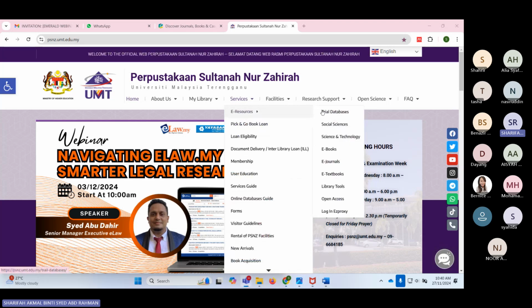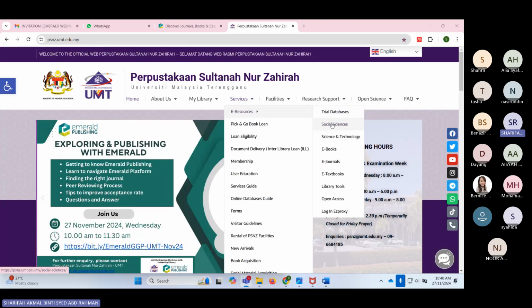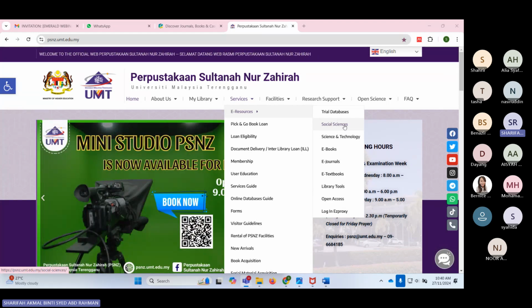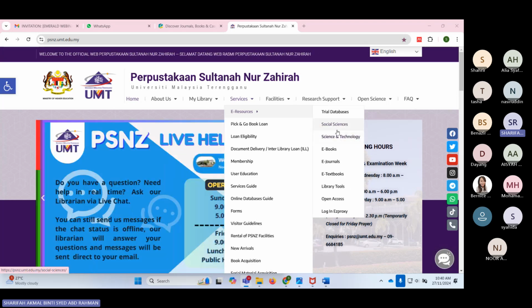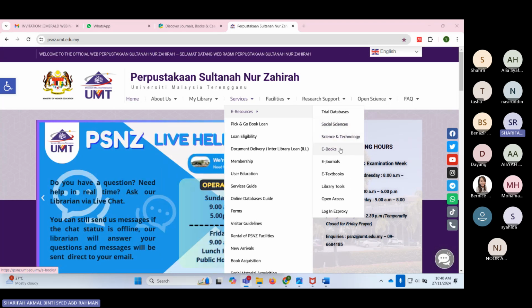Then if you want to access the databases, you have to select the subject, okay, for social sciences databases or for the science and technology databases. Or to access the ebooks, just click ebooks or e-journals or e-textbooks.